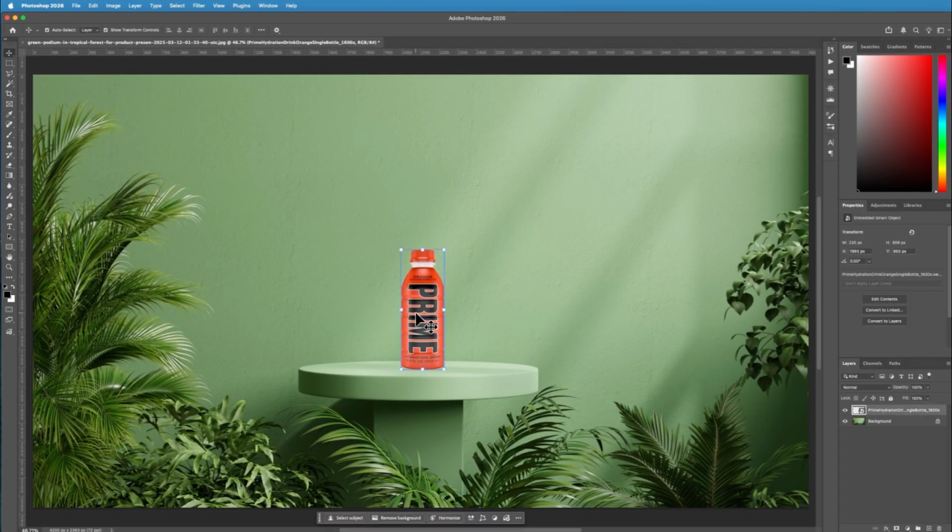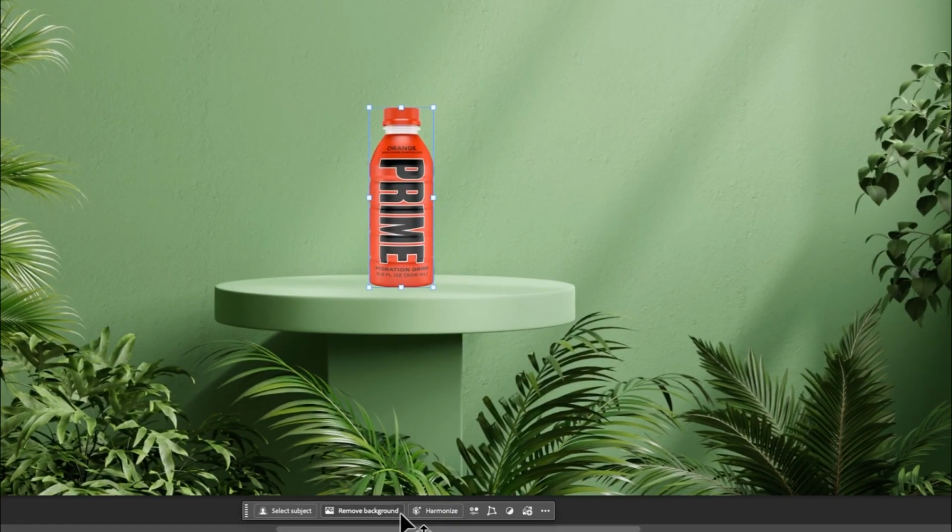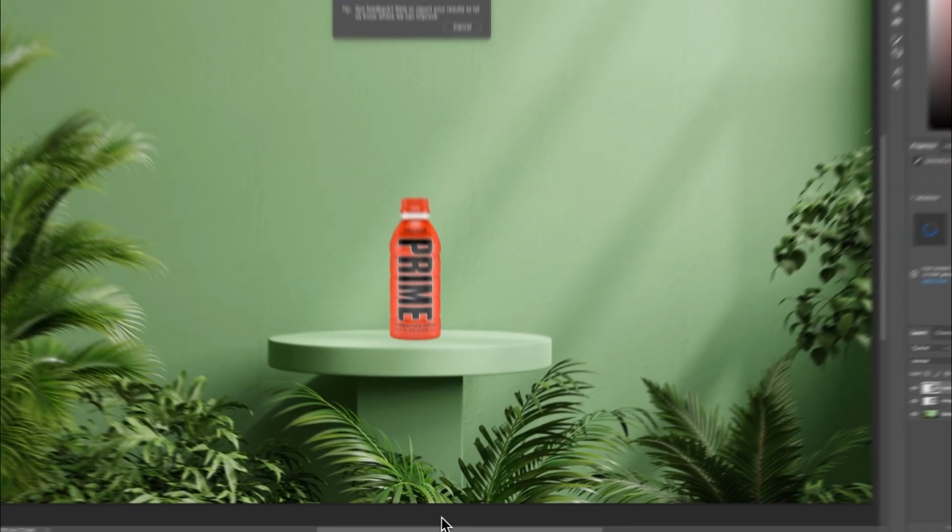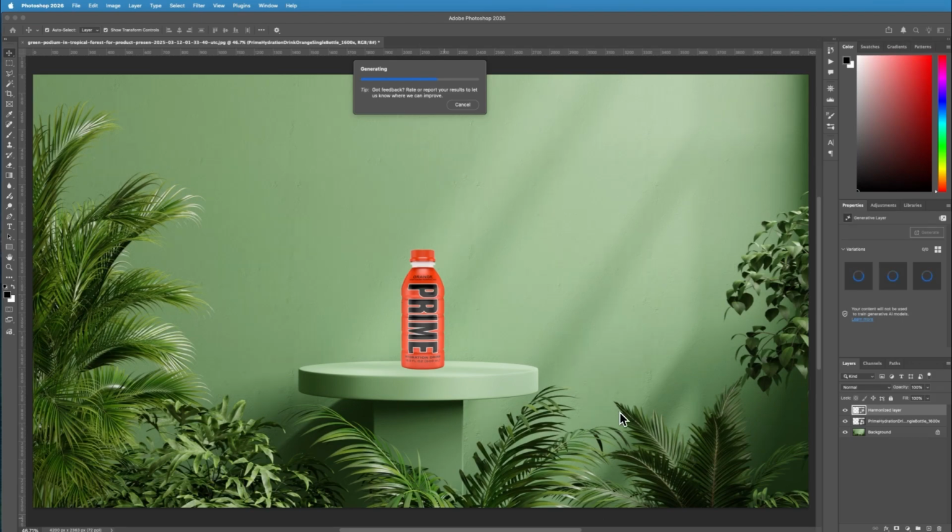Next, select your second image. This will open up this contextual taskbar. If you don't see this, just right click on the blank space and you should see show or hide contextual taskbar. Next, select Harmonize. Photoshop is going to analyze the image and look at how it can harmonize this bottle